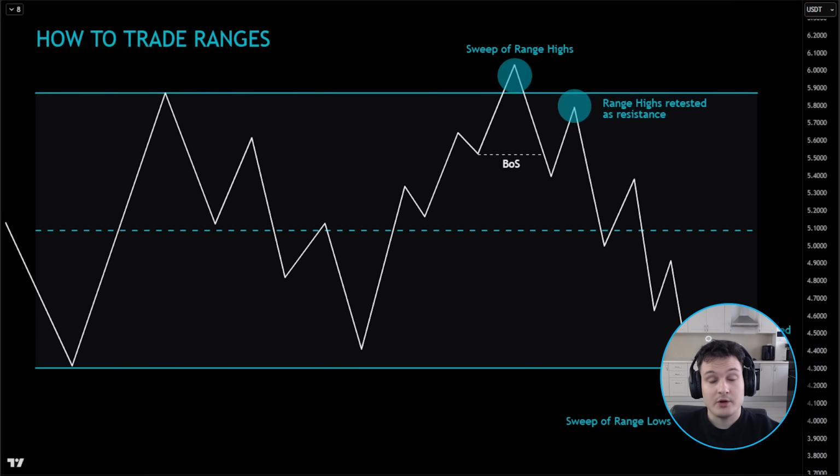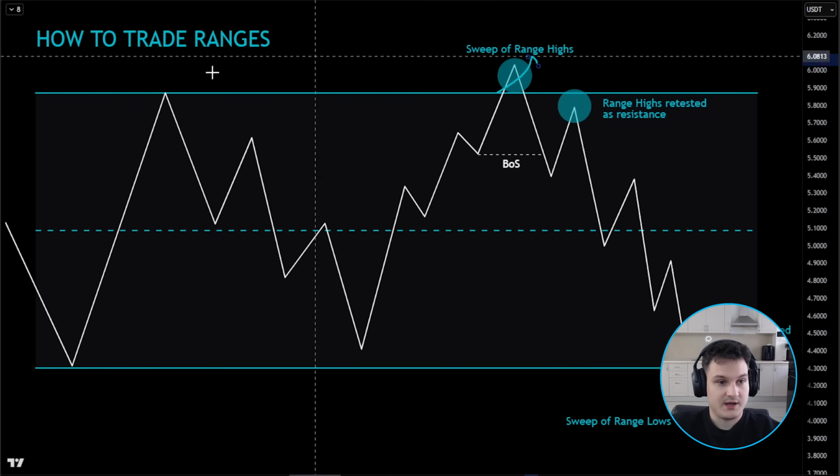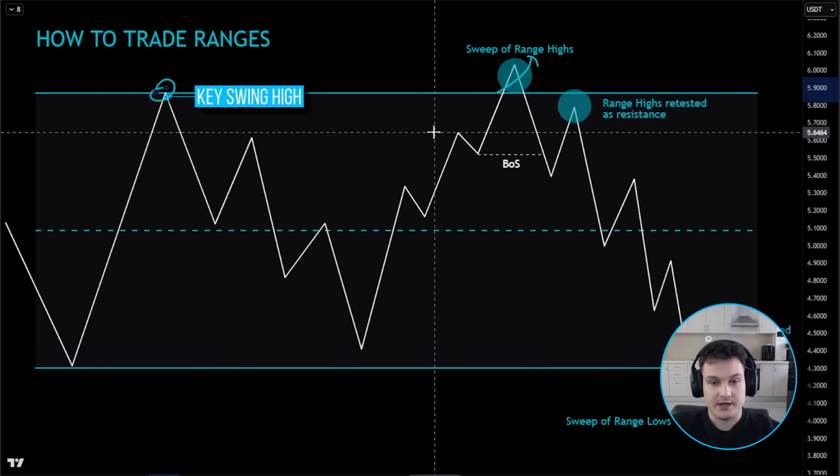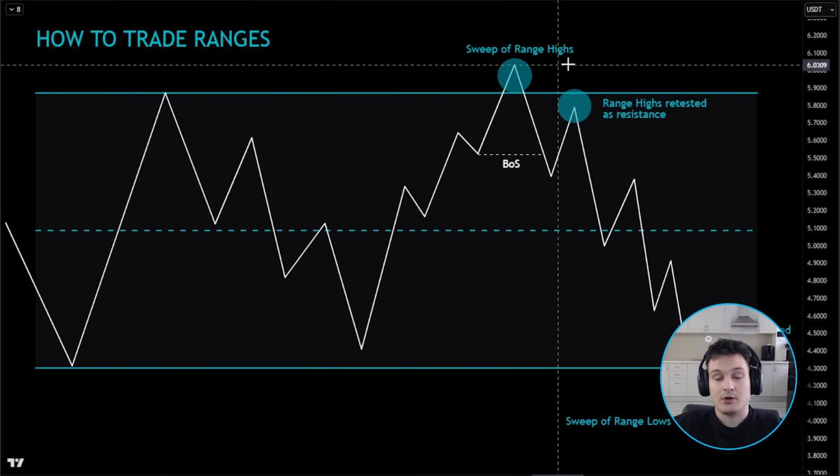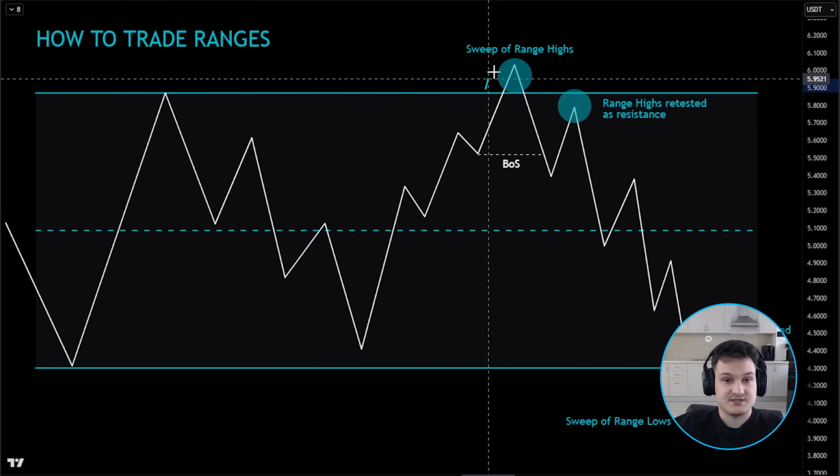Now let's talk about how to trade ranges now that we know how to identify them. The biggest trap that I see people fall into is when they see that price goes above a key swing high, the range high, they immediately assume that it's a range breakout and they long with their entire portfolio. That's completely wrong because you more often than not get what's called a range deviation, when price just sweeps range